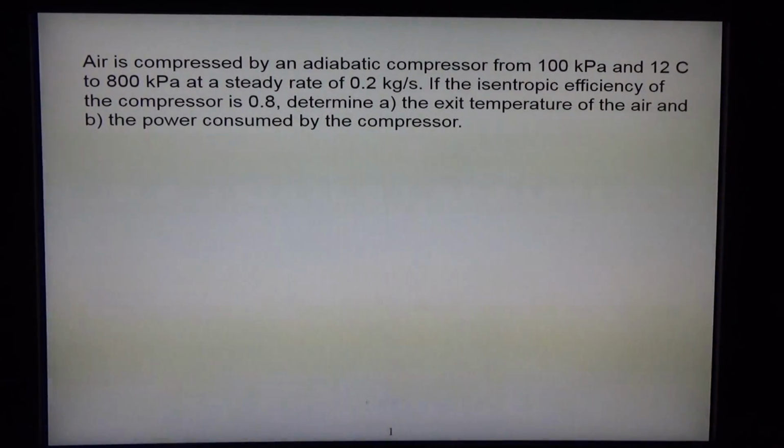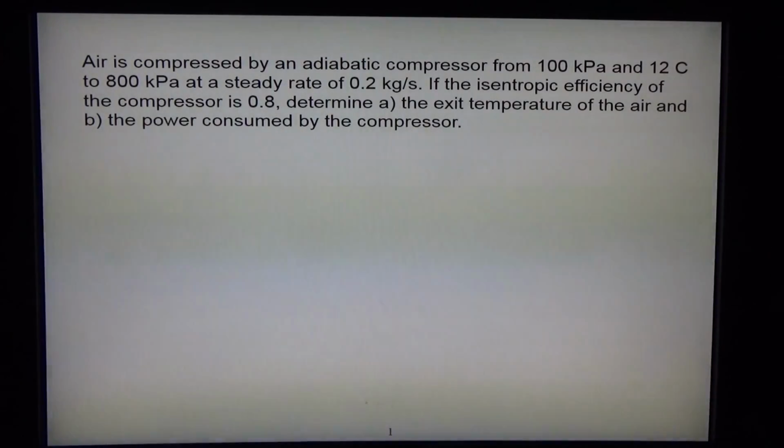Okay, last problem, we're going to look at an isentropic efficiency question. This time it's going to be a compressor instead of a turbine. Here, air is compressed by an adiabatic compressor from 100 kilopascal and 12 Celsius to 800 kilopascal at a steady rate of 0.2 kilograms per second. It says if the isentropic efficiency is 0.8, determine the exit temperature of the air and the power consumed by the